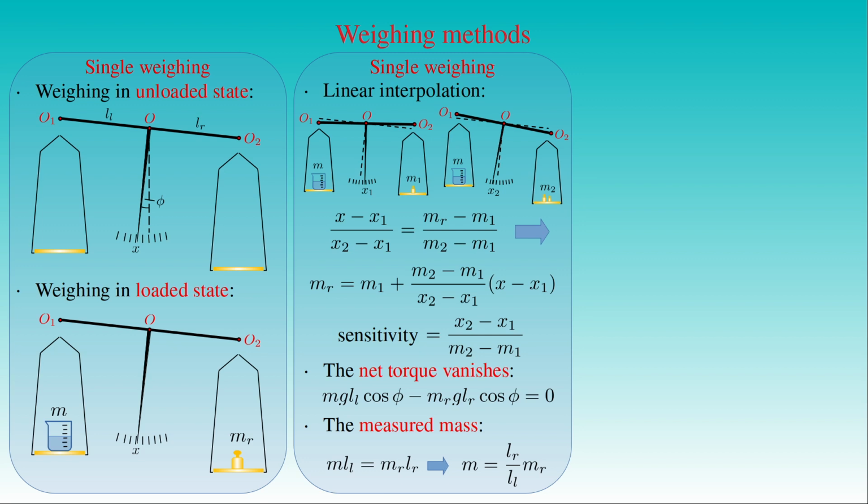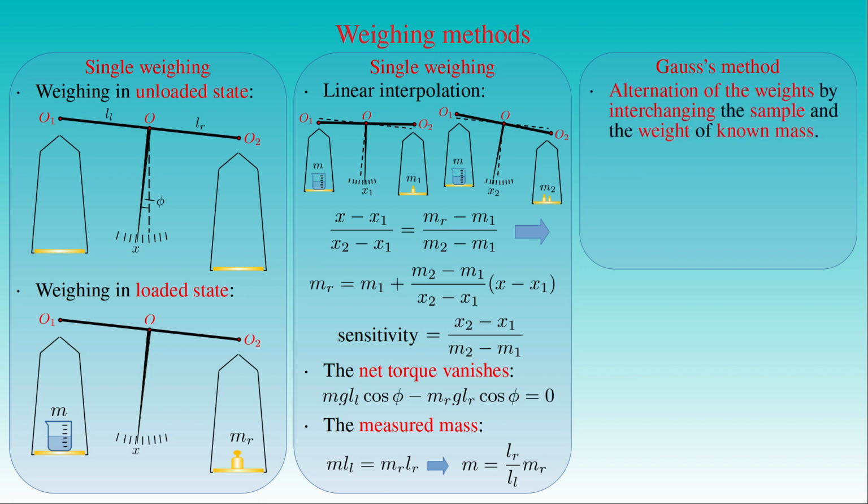Now we discuss the methods of double weighing, or weighing of a load in two or more stages, where the sample and the weights of known mass are balanced twice or even more times. The first type of double weighing is known as Gauss's method, where the first stage of weighing seen in the first method is followed by a second stage with alternation of weights. That is, we interchange the role of the pans in the measurement by placing the sample onto the right pan